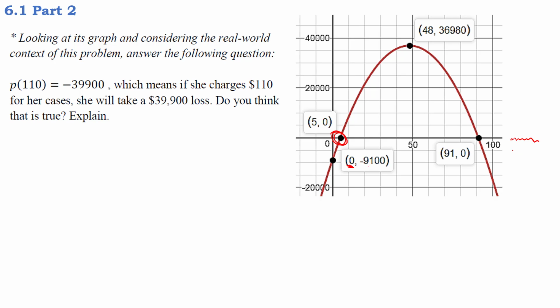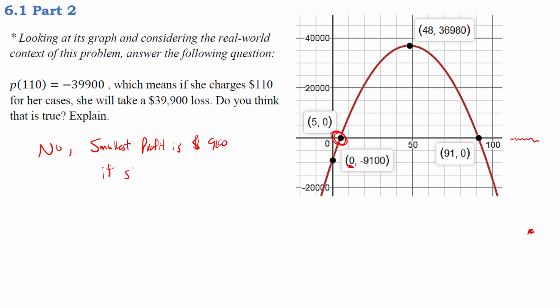Okay, and she would drop that number way down here, the dot's way down here on the line of negative 39,900, okay? So we were going to say no, okay? The smallest profit is 9,100. So the smallest profit is 9,100